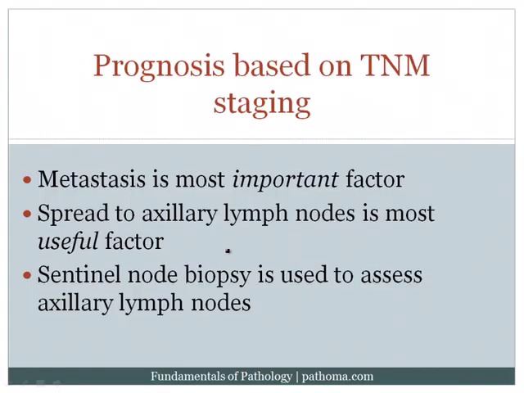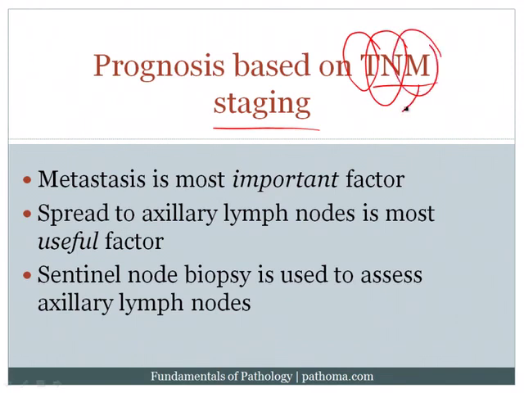Now, generally speaking, when we have a patient that has breast cancer, the next thing the patient's going to want to know is, what's my chance of survival? Remember that the main way by which we determine prognosis is the TNM staging system. Now, the T again stands for tumor, and that it's based on the size of the tumor. The N stands for metastasis to local lymph nodes, and so we would assess the axillary lymph nodes to determine the N stage, and then the M refers to distant metastasis.